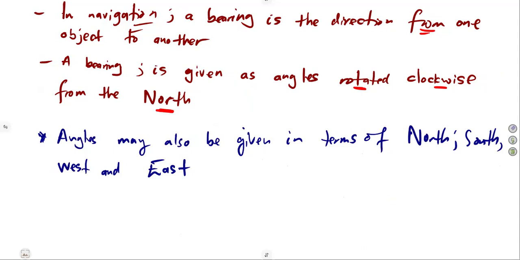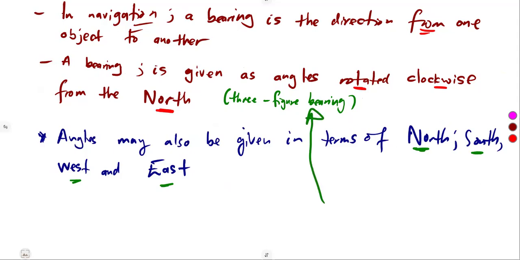When you're given just an angle, a three-figure bearing, you are the one to know that when the angle is given without the north, south, west, or east, it is a three-figure bearing, and that one is always taken from the north,